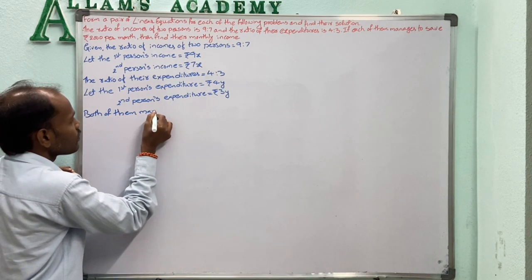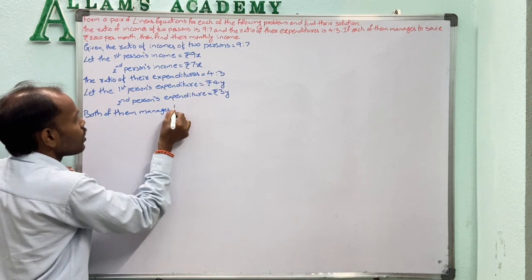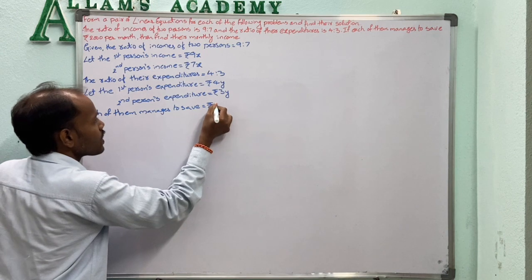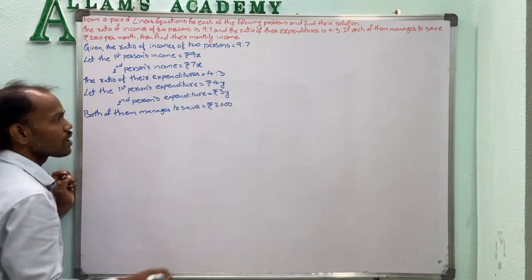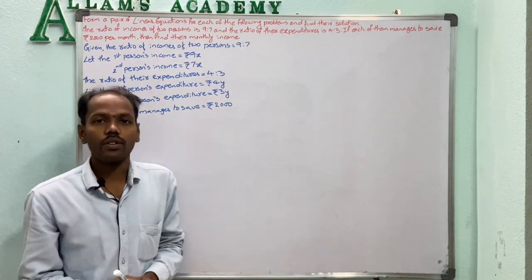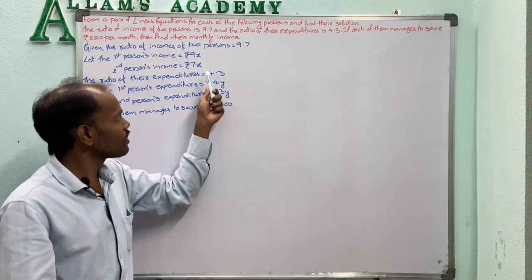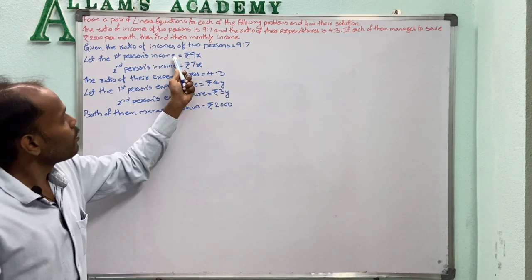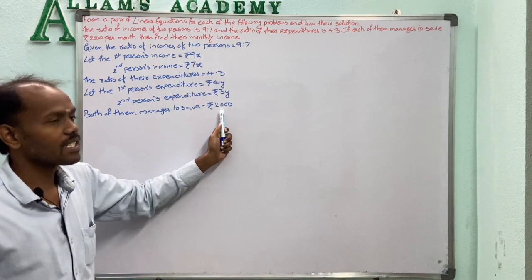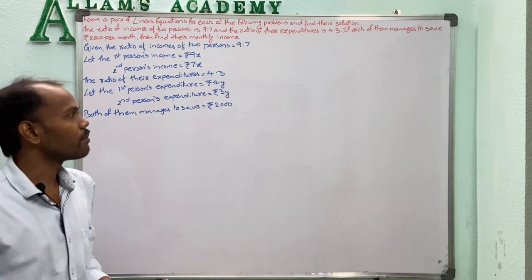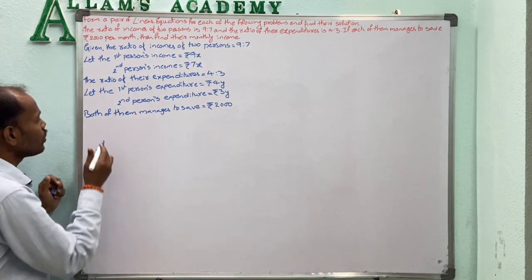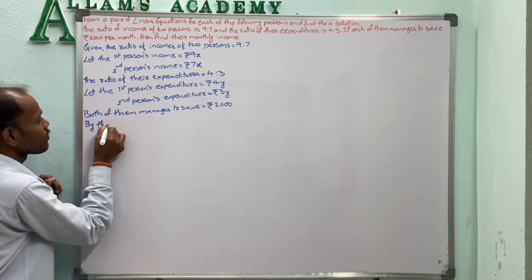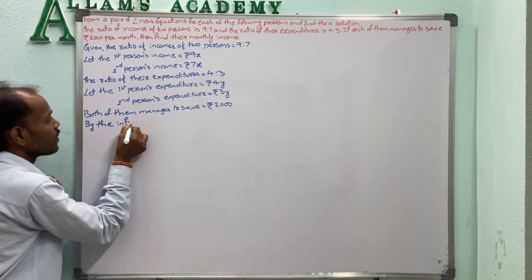So now this information will be written as linear equations. Income minus expenditure is nothing but the remaining saving. So by that information we can write,